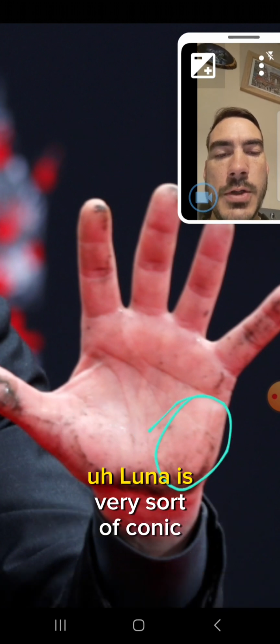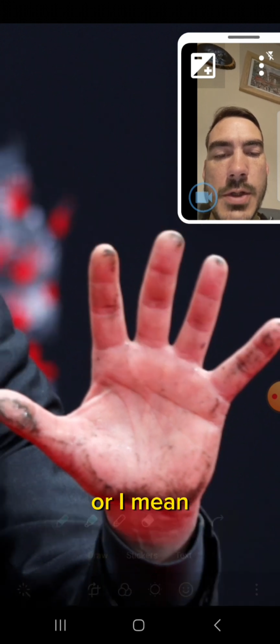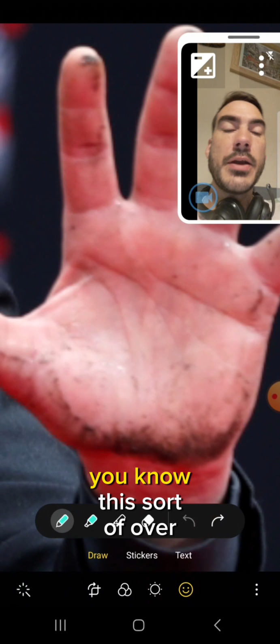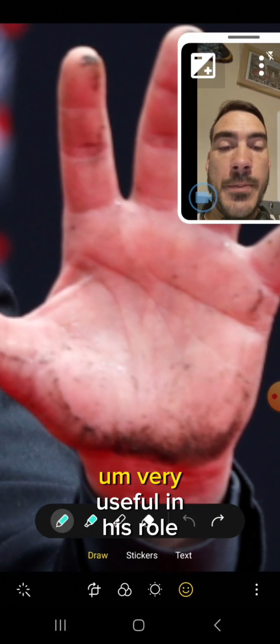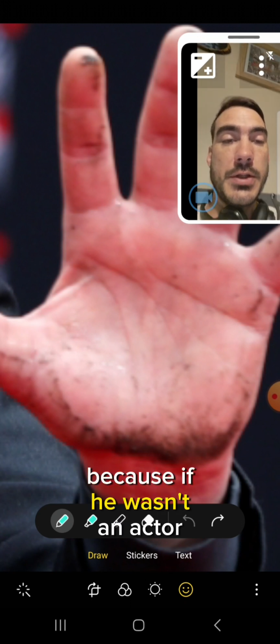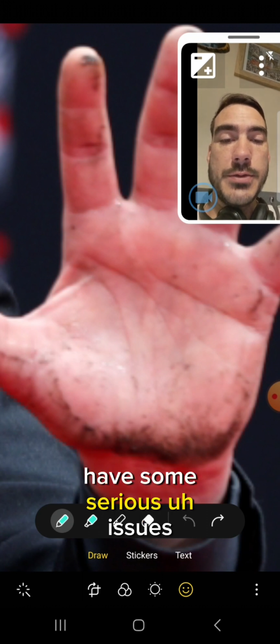Luna is very iconic there. It's very well developed. Or, I mean, potentially overdeveloped. And that goes with this sort of over-imaginative thinking. Very useful in his role. So it's good that he's utilizing that, because if he wasn't an actor, well, he could well have some serious